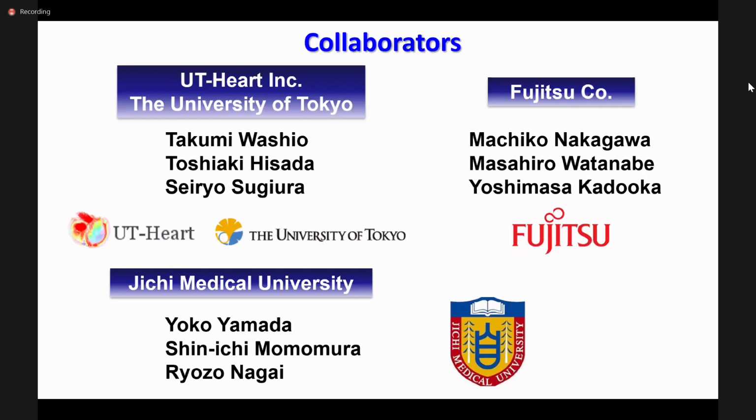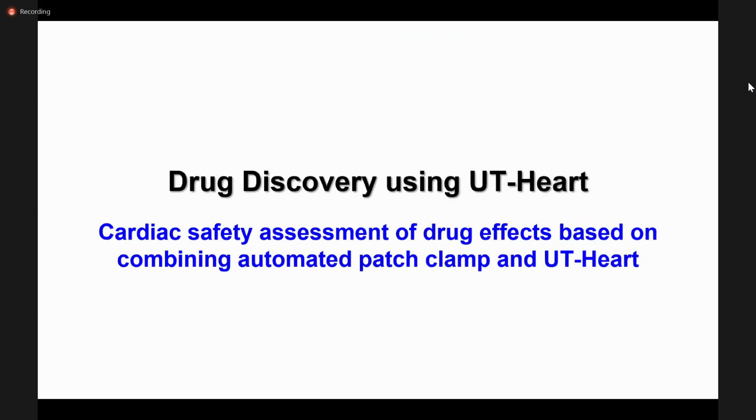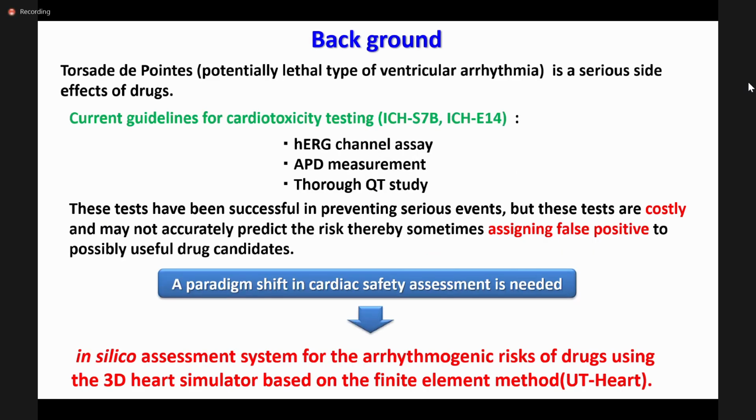Next, I'll talk about drug discovery using UT-Heart. Today, I focus on cardiac safety assessment of drug effect based on combining automated patch clamp and UT-Heart. Torsades de pointes is a serious side effect of drugs, and during the process of drug discovery, every drug has to be evaluated for cardiotoxicity. Current guidelines for cardiotoxicity